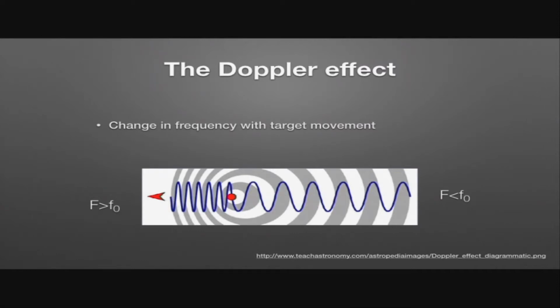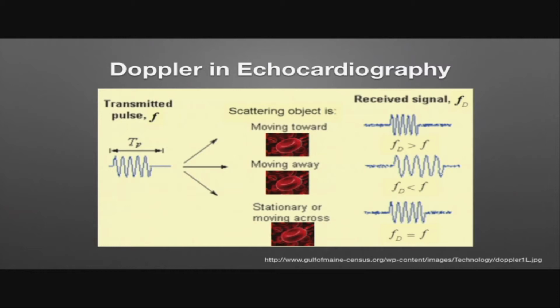Exactly the same principle in echocardiography or any kind of ultrasound looking at blood flow. When we send out a transmitted pulse, it then gets reflected off, let's use for example, a blood cell. If that blood cell is moving towards you, that means that the reflected ultrasound will come back to you with a higher frequency, and comparing the transmitted to the received signal, you can get an idea of what the Doppler shift is. And using an equation, you can start trying to understand what the speed might be of that object